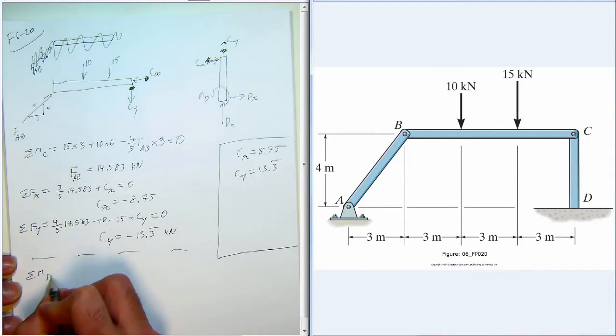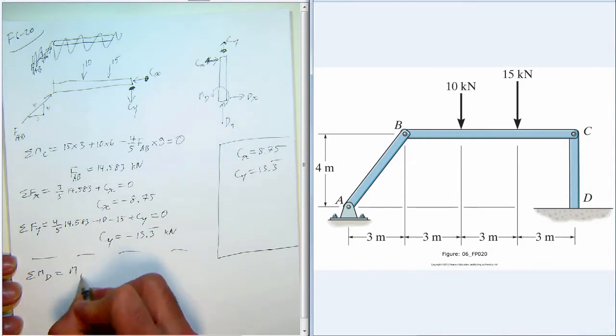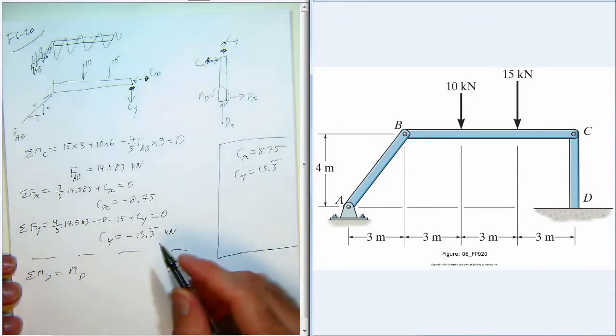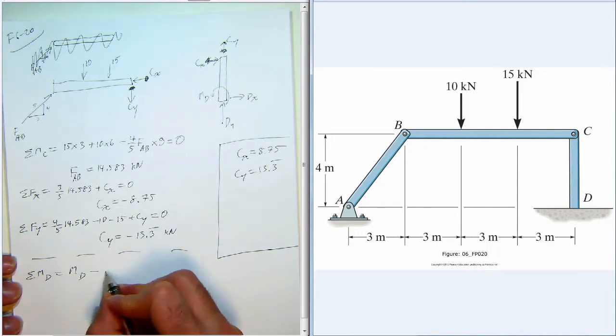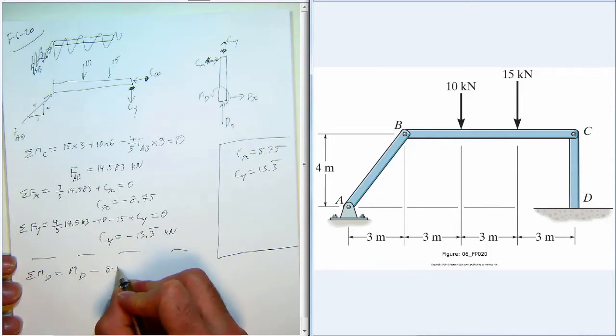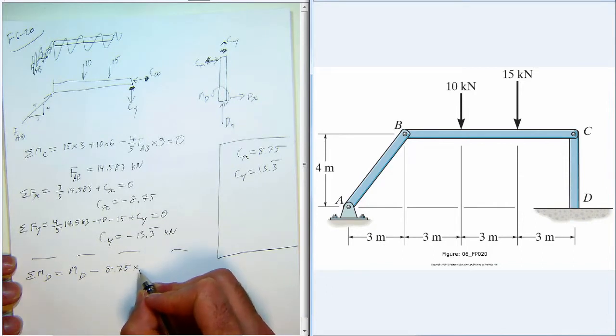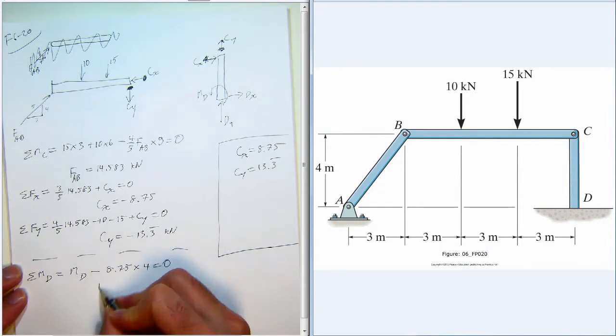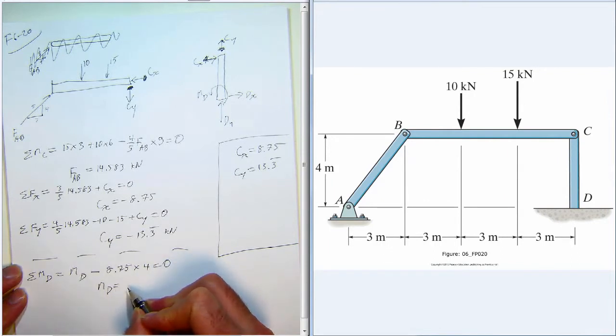Start off with the moments about point D. So we get MD, and then only Cx generates a moment about point D. And it's a negative moment, so minus 8.75 times 4. Because we have Cx acting on D to the right, it generates a negative moment about D, and it has a moment arm of 4 meters. So 8.75 times 4, and those add up to 0, so we get that MD is